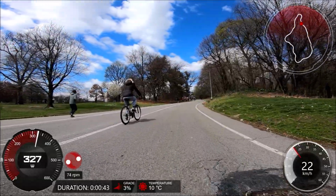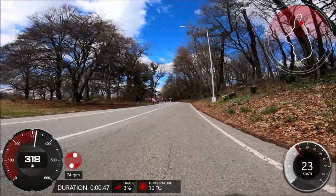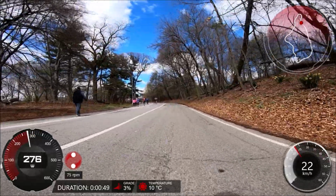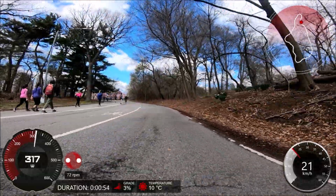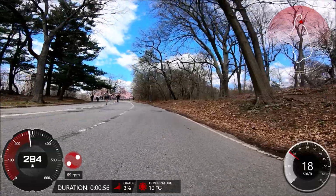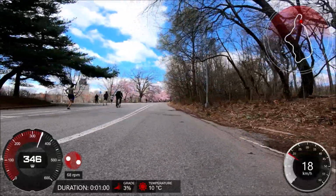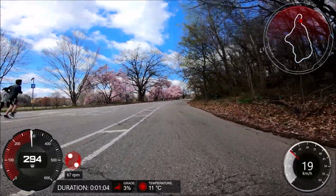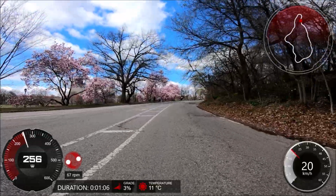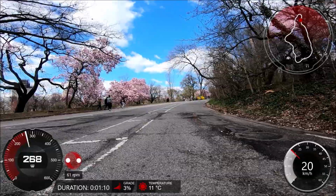Now again, like I told you before, on the 5 minute test, I can obviously hammer on the hill like everybody else. I can probably put 400 or 500 watts right now, but it will ruin my FTP test because I have to do a measured effort for around 20 minutes. I don't care about time right now. Time is not important. I don't care how fast I am. All I want is to do a measured effort, and knowing I give everything I have